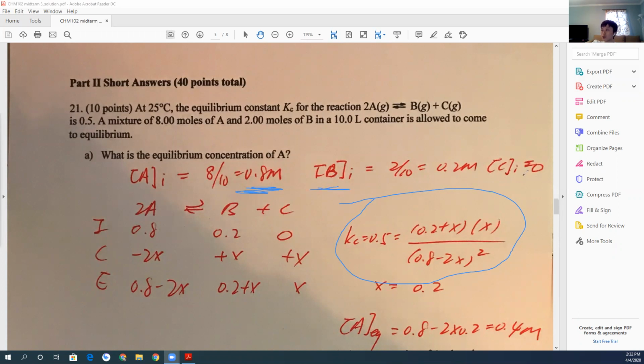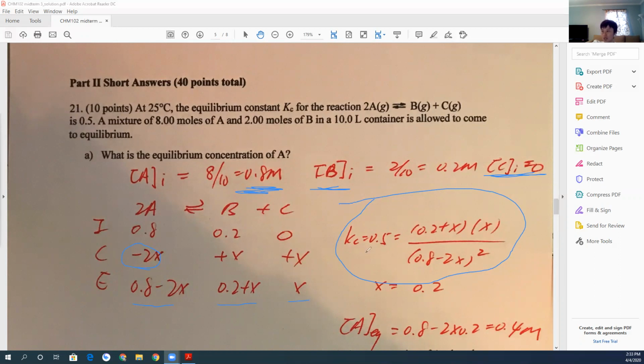So we have no C at the beginning, right? Some of you forgot to convert the numbers, right? And then the change of concentration: for A, because the coefficient is 2, it's minus 2x. I use a negative sign because there's no C at the beginning, so I know some C will be created. C concentration is going to increase, B will increase, so A must decrease. So I use minus 2x, and for B and C it's plus x, right? So these are the equilibrium concentrations,